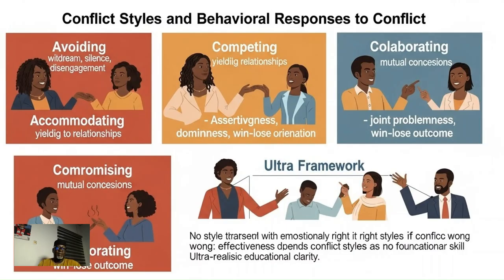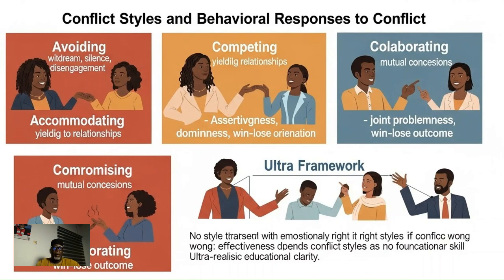Five common conflict styles. The style of competing, the style of collaborating, the style of compromising, the style of avoiding, and also the style of what? Accommodating. These are five conflict management styles. So the first one is competing. Under the conflict management style of competing, it is a style that is characterized by assertiveness and a focus on winning. Individuals who use the competing style prioritize their own needs and goals over those of others. This style can be effective in situations where quick, decisive action is needed.